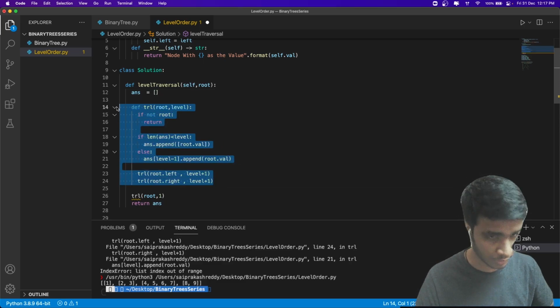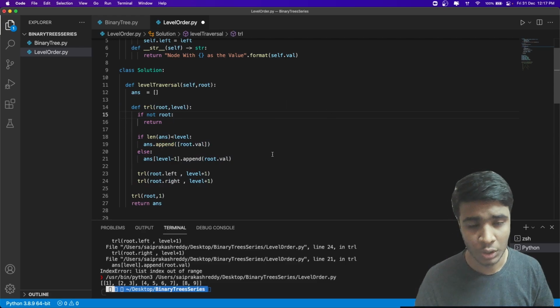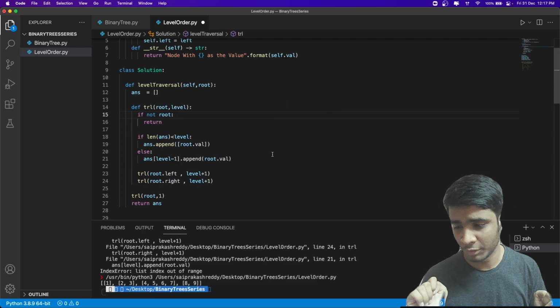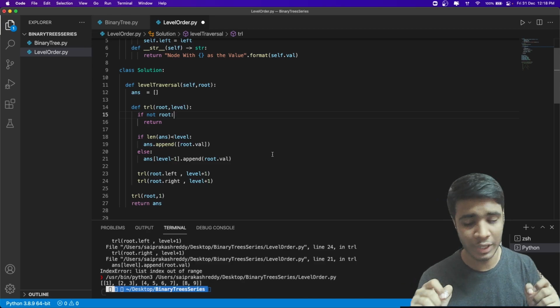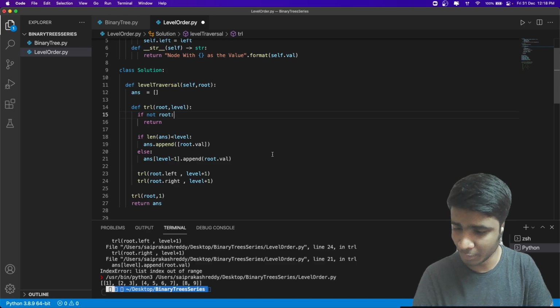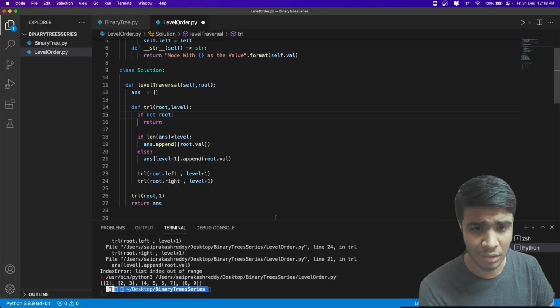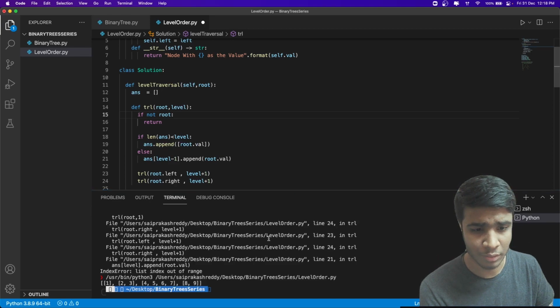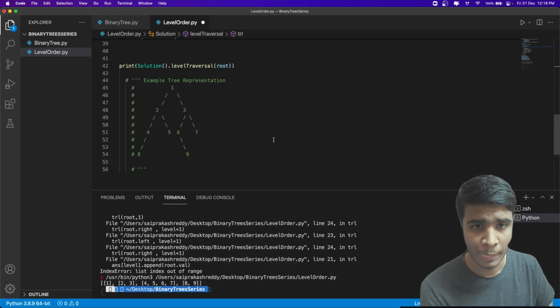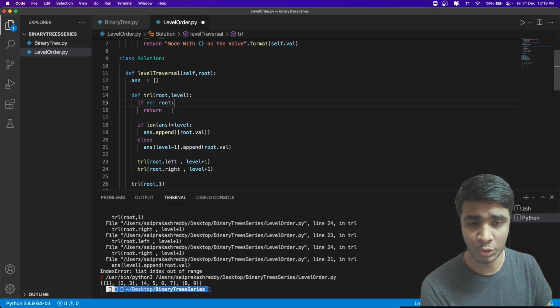If I uncomment this, this is the recursive function. The beauty of recursive functions is that you only have to take care of base cases and recursion calls, and everything else will be taken care of. It's magic, right? Let's say I'm at 8, and I called on left and right, but both of them are null. There's nothing to do there, so we are going to return back. That's the exit condition for this recursion.